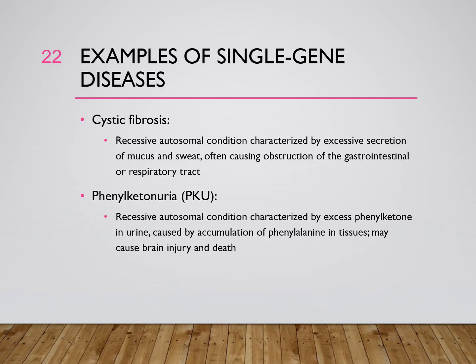Cystic fibrosis is caused by a recessive gene in chromosome 7 that codes for a special protein called CF transmembrane conductance regulator. This gene is needed to regulate the transfer of chloride and sodium across the membrane. But if there is an absence of this gene, or it is not working properly, then it is either not going to produce that protein, or it's going to produce an abnormal protein. And so more chloride is going to be able to leave the cell,